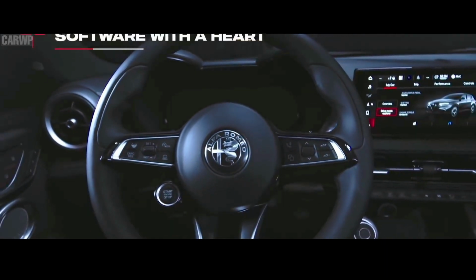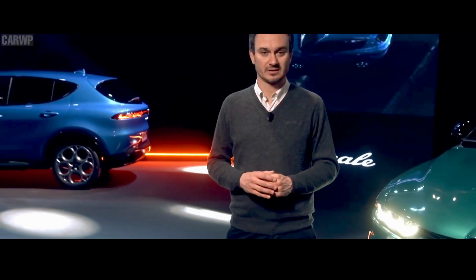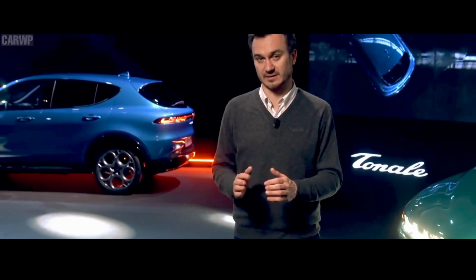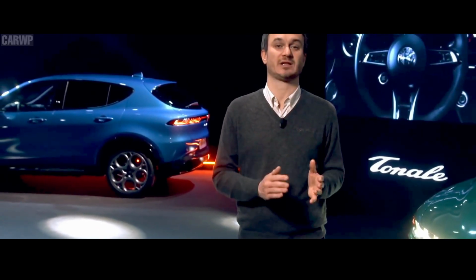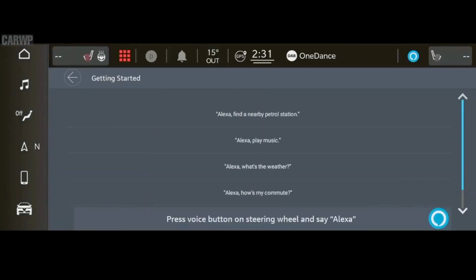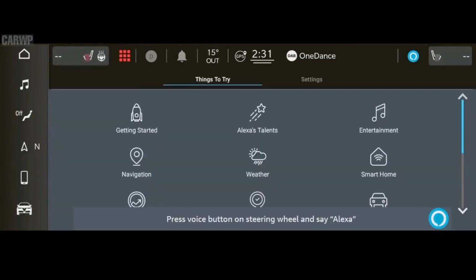Technology is also at the service of safety and comfort. Level 2 autonomous driving, with new advanced driver assistance systems (ADAS) that act in line with the Alfa Romeo philosophy. Here again, the software is at the service of the brand's DNA, with the focus remaining on the driver. All the systems therefore work without ever interfering with the driver's experience, where control and the emotions of driving remain